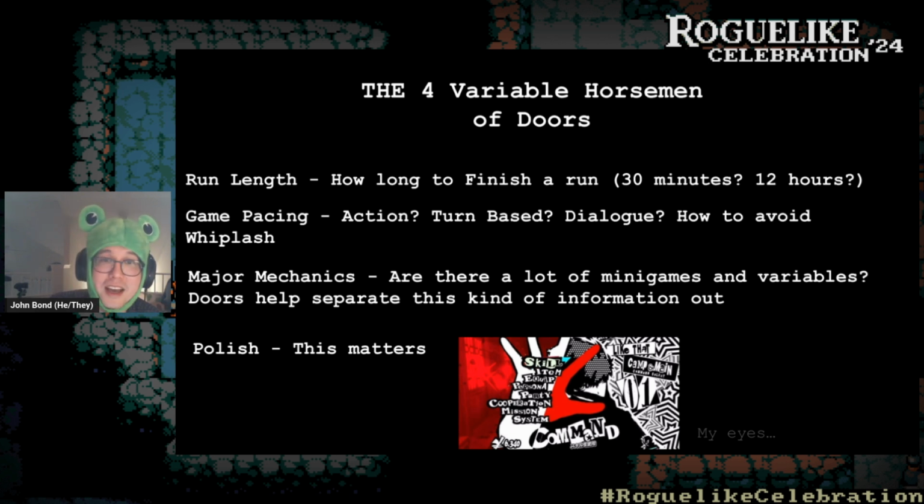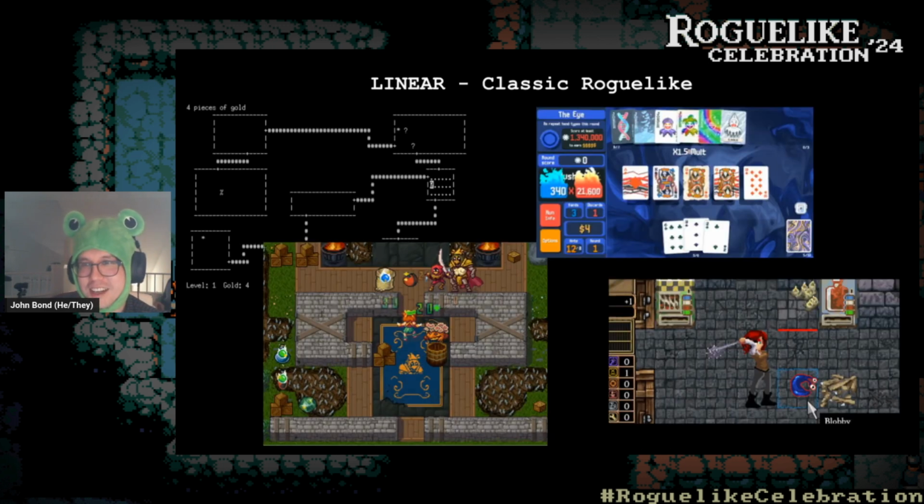So yeah, with these in mind, now the genres. Linear, the classic roguelikes. All right, so this is Rogue, but this is also stuff like Dungeons of Dreadmore. I think I put Tangledeep also in here. There's a lot of others, but a lot of classic roguelikes, which you'd be like, this is a Rogue game. It plays like Rogue.